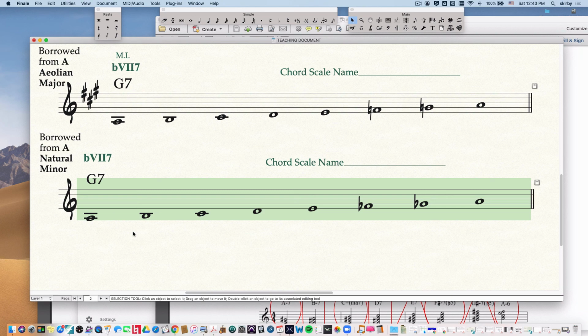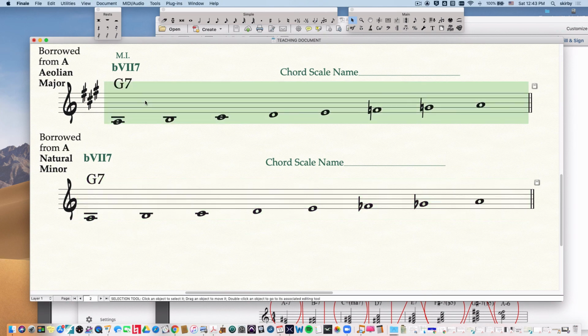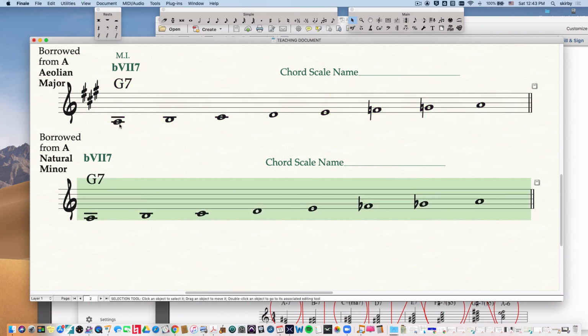Now the first thing is that modal interchange, of course, is the process of borrowing chords from a parallel key. Just in the way that there are default chord scales and optional chord scales, sometimes the default chord scale changes depending on the context that the chord is in. Now here we are in two forms of A. We're in A major here, and we're in A minor here. A major has 3 sharps, A minor has no sharps or flats. Well, we can use G7 in either of these situations in the key of A,